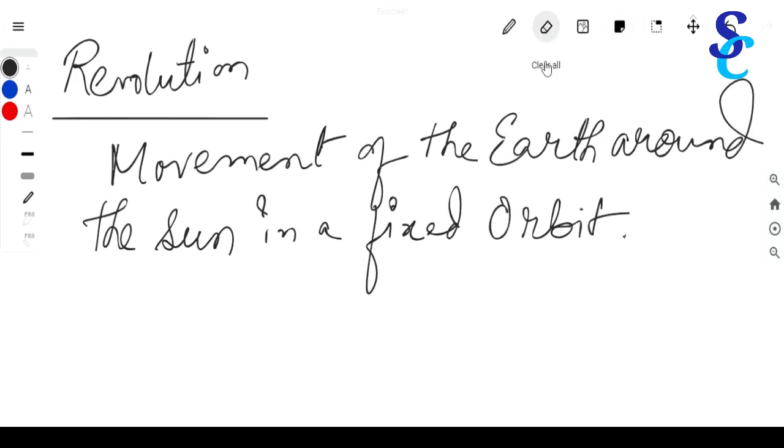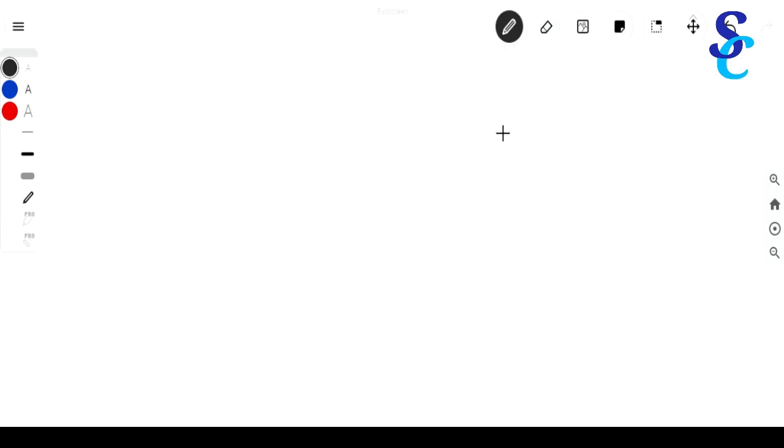Now, what are the effects of revolution? Before that, we have to keep in mind that the orbit is not a circular path, it is actually an elliptical path. And because of the elliptical path and the tilted position of the earth, there are various features which are affected because of this revolution. Like,